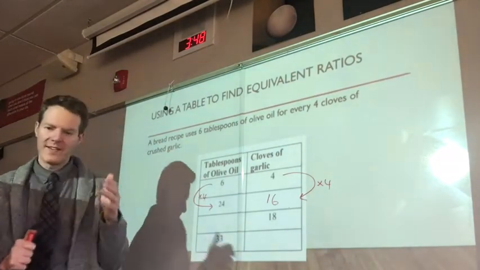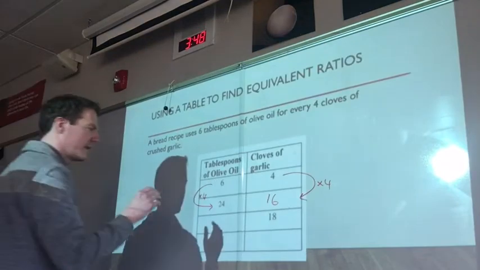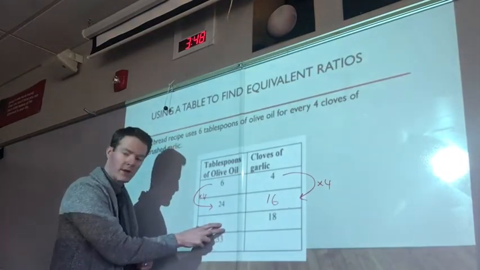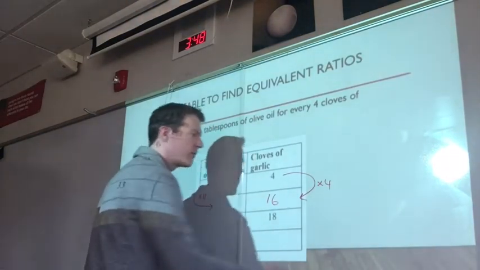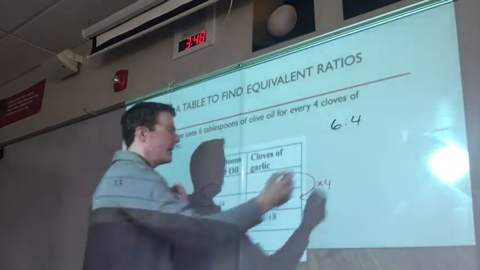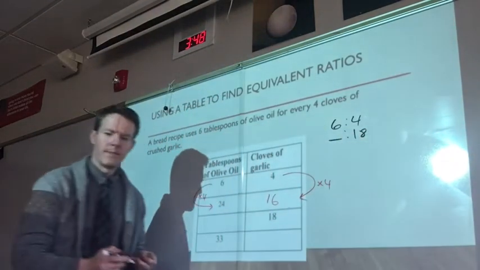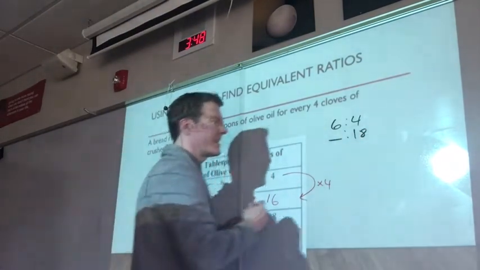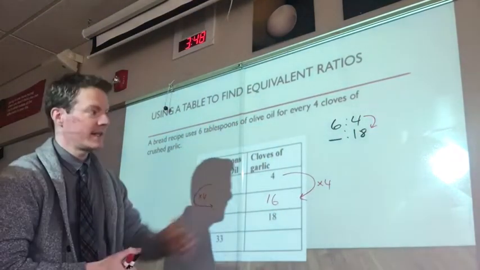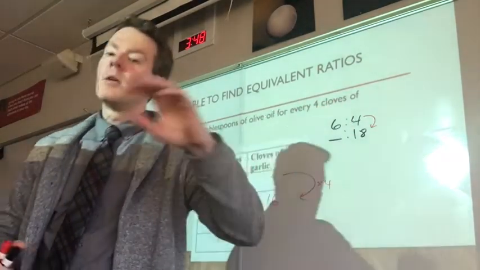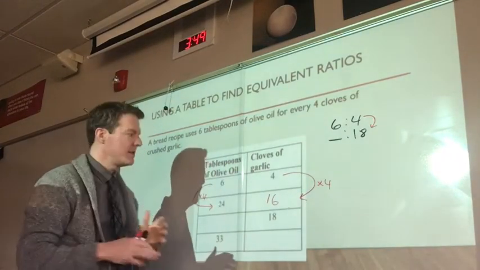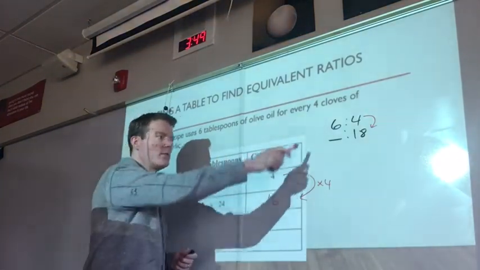Now here's where things get a little trickier. If you look at the next box, I have the 18, which is the garlic, not the 6. I don't have the 6 side. So I'm really looking for, can 6 to 4 get me to blank to 18, just like on the last ones. And you'll notice that there's no whole number that gets me to 18. Now you might realize that it's times 4.5, but you might not, and you can divide and it's 4.5, you can multiply by 4.5, but a better strategy to use would be to see again if you can reduce that